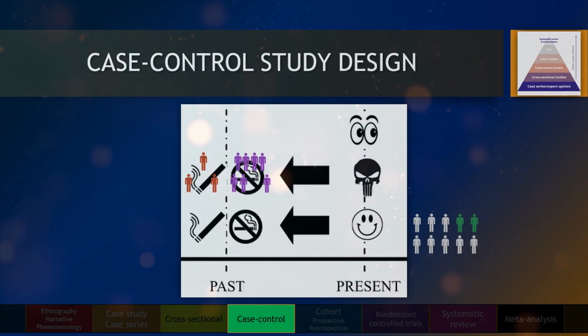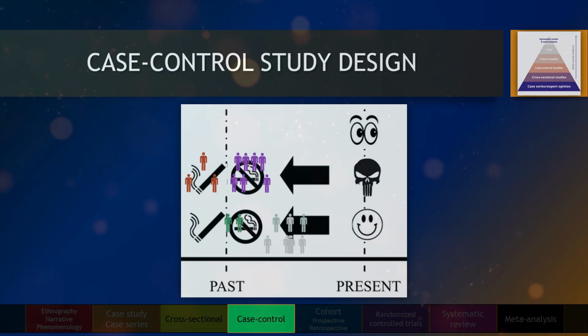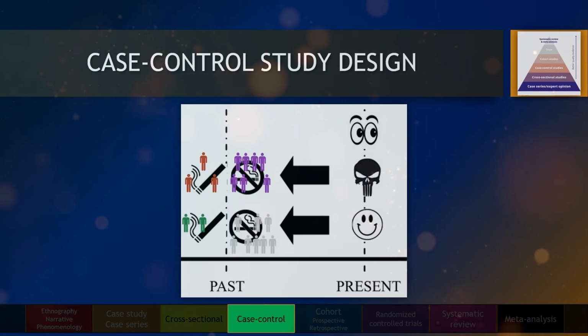When we do our data collection, we retrospectively look at the medical records of our cases. For our example here, we finally see that 3 of them have had the exposure, while 7 did not. We also review the records of the control group and eventually find that 2 of them had the exposure, while 8 did not.